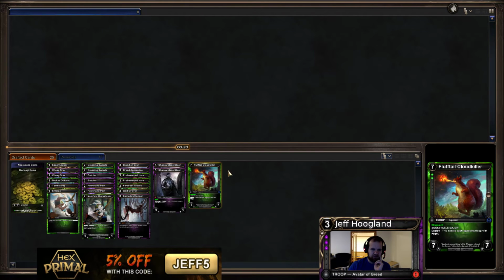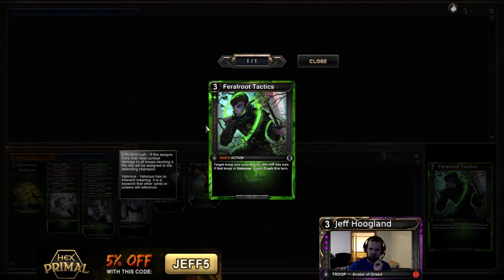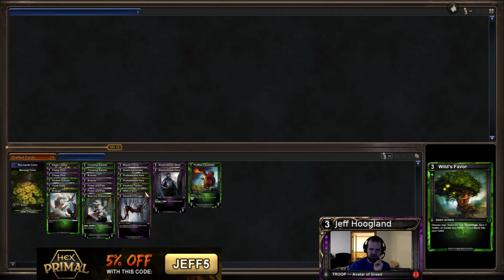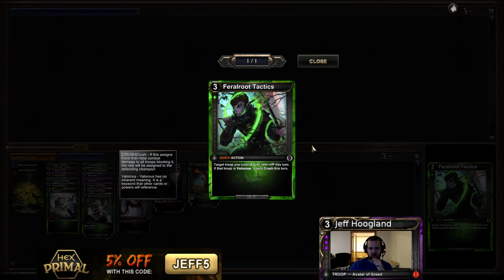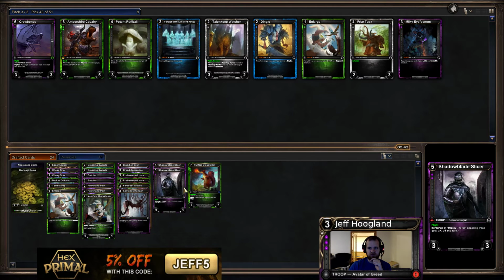Honestly, maybe the Cloudtail Killer is just too expensive. I could also see the Wild's Favor just not being reasonable. Yeah, maybe I'm going to trim that. Or the Feral Root Tactics. I kind of like tactics in decks like this that are slightly aggressive, though. This card just reaches up and kills people, which is nice. If we get a third Slicer, I'm going to play the tactics over...